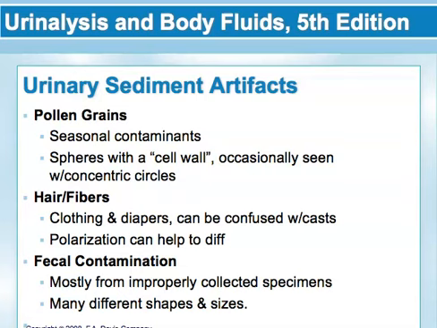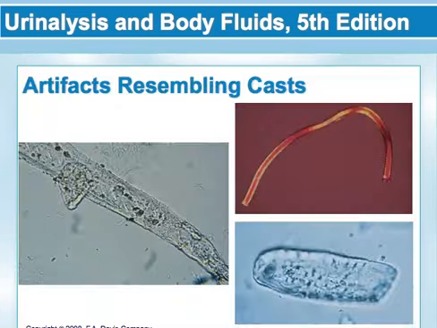And then finally, fecal contamination. This is mostly going to be from improperly collected specimens. It can appear as plant or meat fibers or as brown amorphous material in lots of different shapes and sizes. And just a couple different examples here. So these both look like fibers. I'm not sure what this is, if that's supposed to be fecal contamination. Oh, it says diaper fiber. So all of those are